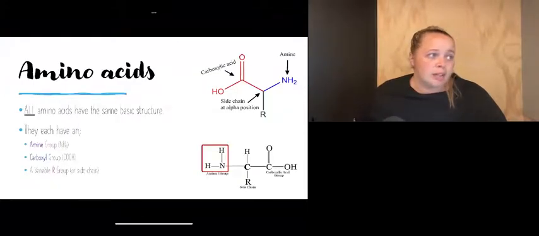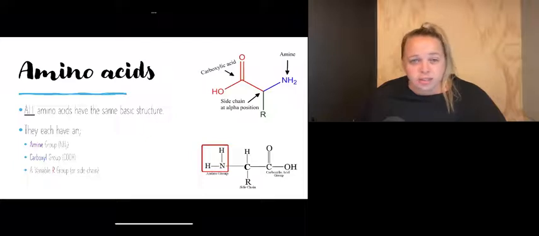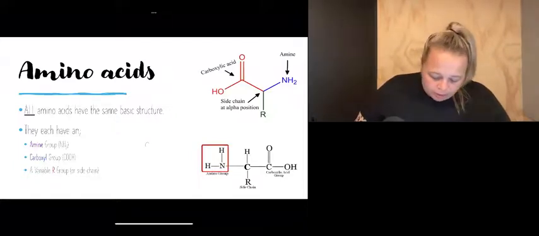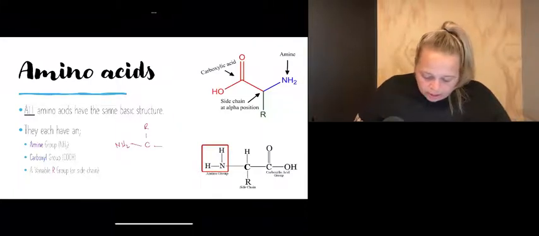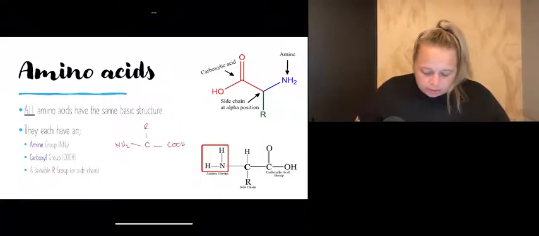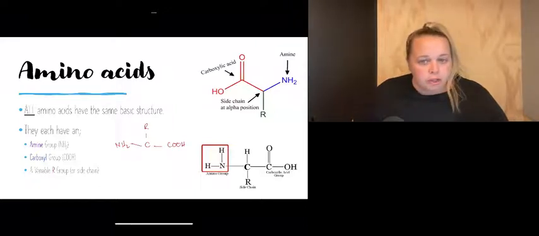So all amino acids have this same basic structure. These are just a few different ways of drawing it. As I said, it can be really, really simple. It can be a carbon atom in the middle. We've got an amine group on one side, which is NH2. On the other side, we've got a carboxyl group, which is COOH, and up the top, we've got a variable